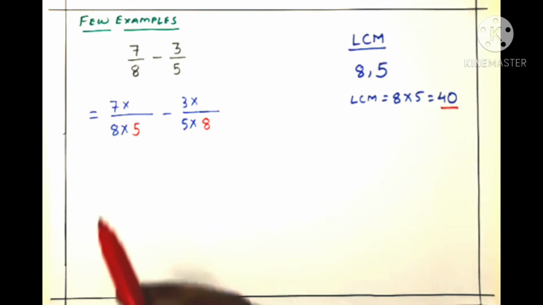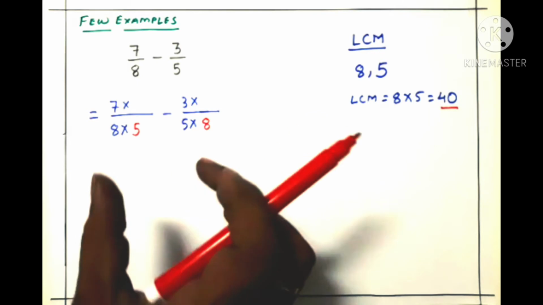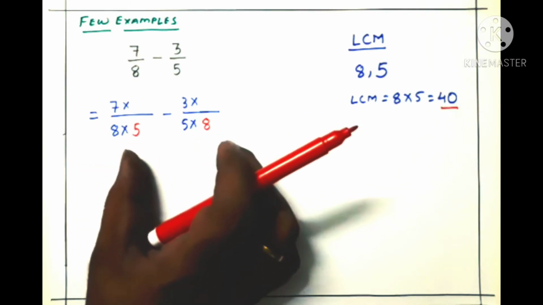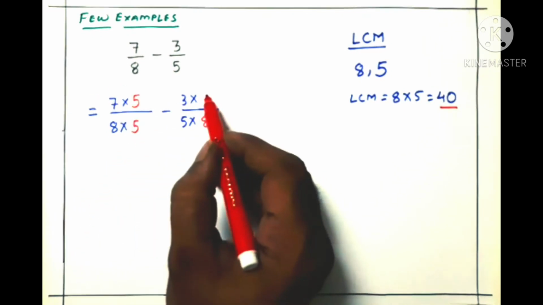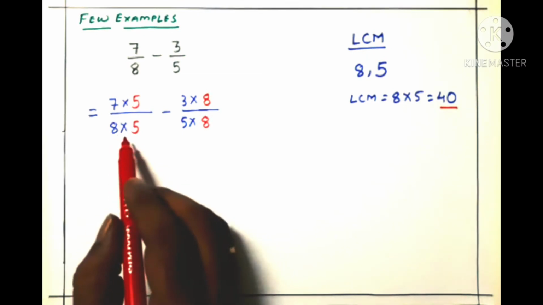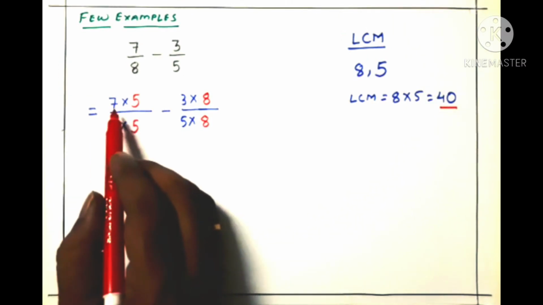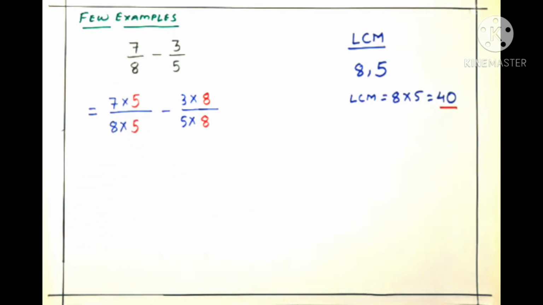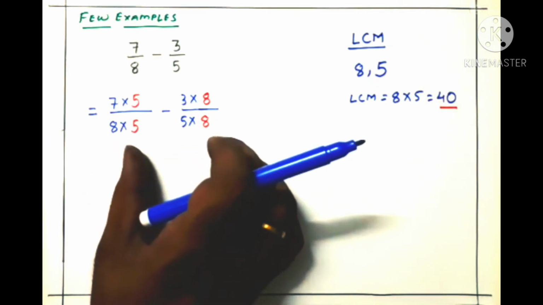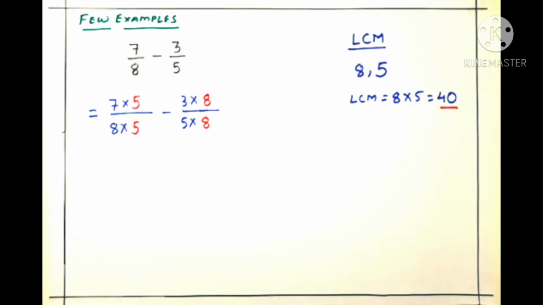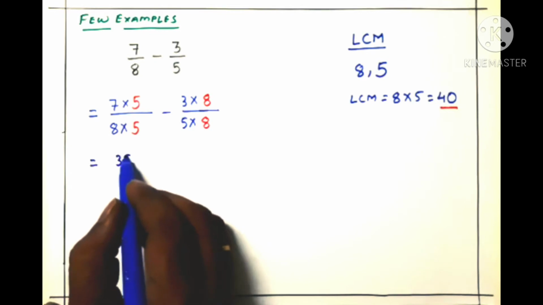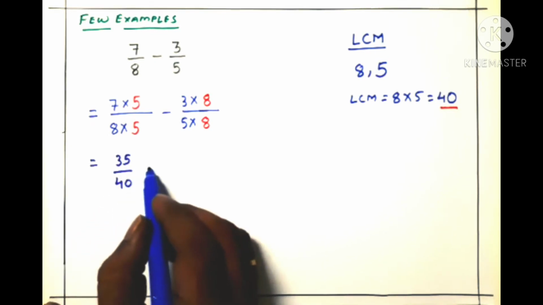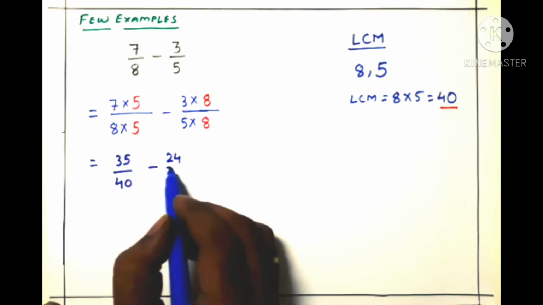Next, equivalent fractions. As we have kept this space, whatever you are multiplying down, that is in the denominator, the same will be multiplied in the numerator. So we'll get 5 here and 8 here. The number that is multiplied to the denominator should be multiplied with the numerator also. Then only we'll get equivalent fractions. So the simple step is, whatever is multiplied down, the same thing will be multiplied up, that is the numerator. So we now get 7 5s are 35 by 40 minus 3 8s are 24 by 40.